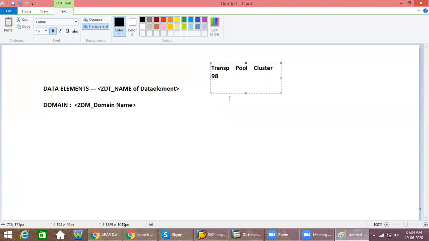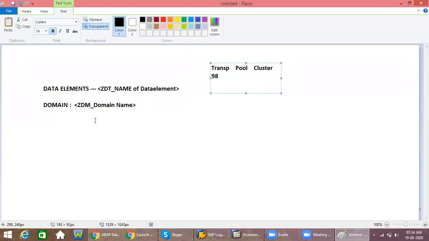Now put a side heading, pool tables, and now we'll discuss pool tables. You can put a side heading for both, pool tables and cluster tables.